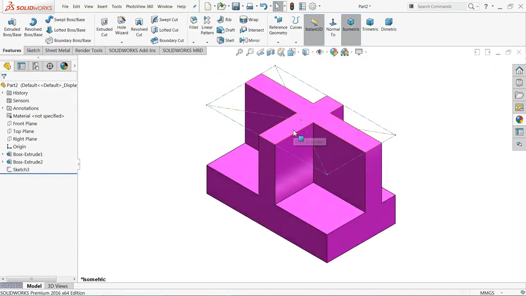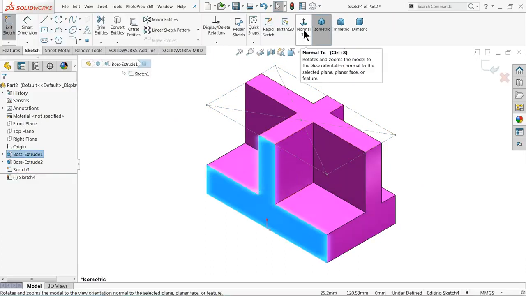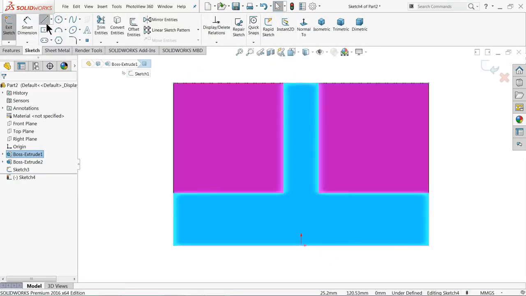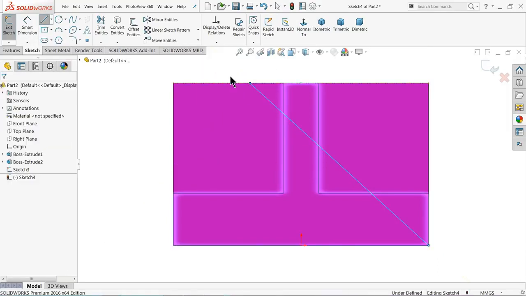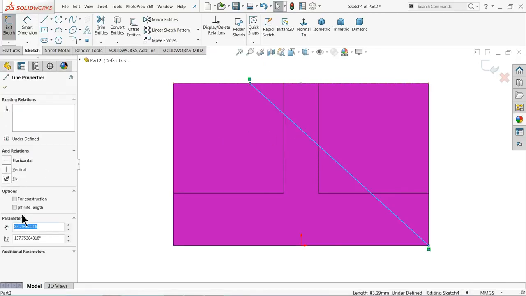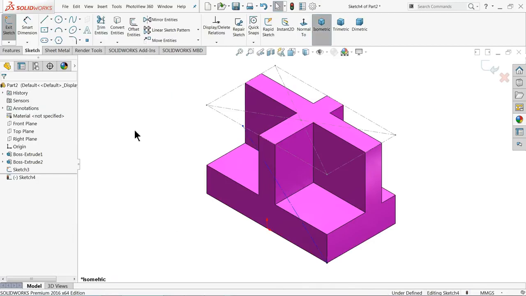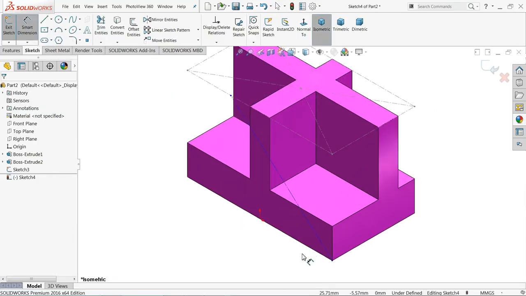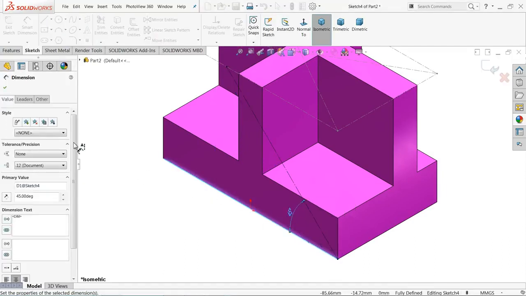Now see, this is helpful for the. Now select this face, sketch, check the normal position, line, and draw one line from here to this upper line. Exit. Now select this line and create for construction purpose. Okay, smart dimension. Now define from here to this point angle 45 degree.